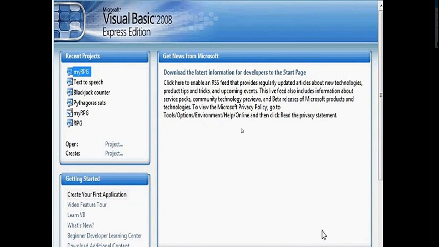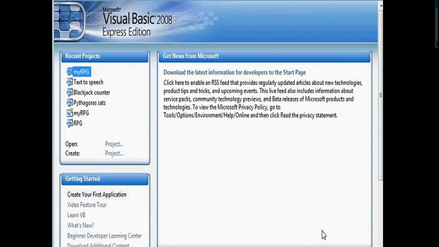The next one is the VB Express headlines pane. It provides the latest online news, releases and updates about Visual Basic 2008 Express edition. So these are the three main panes present in my Visual Basic.